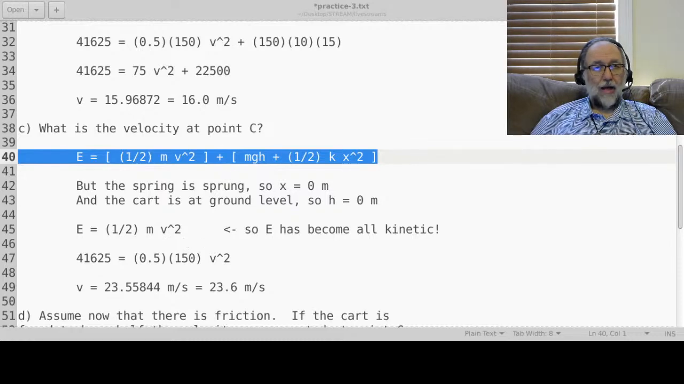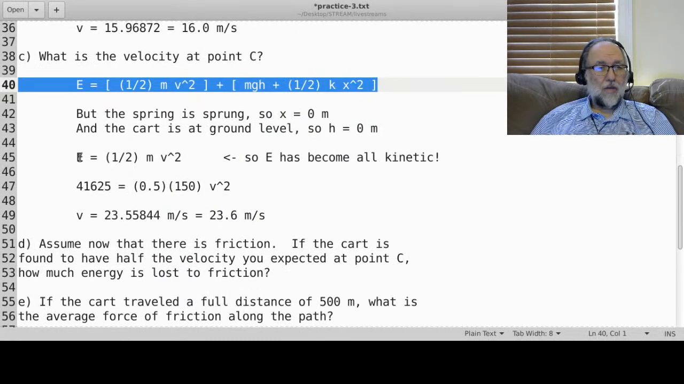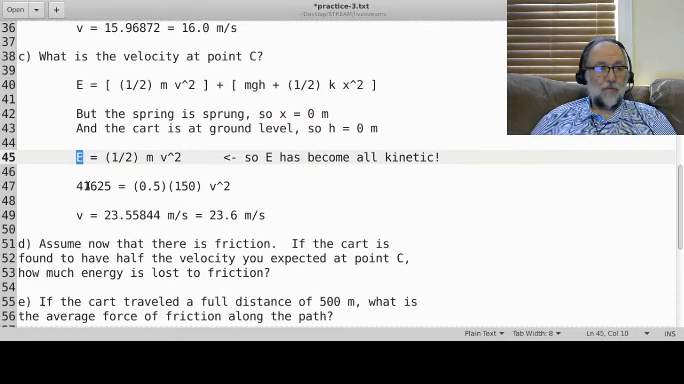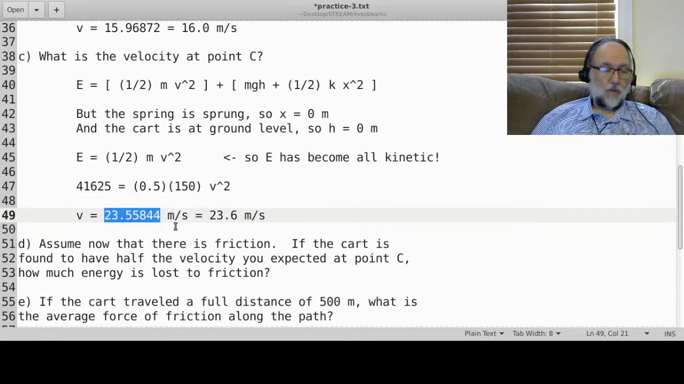All right. And E, because it's the same all the way through, that's 41,625 joules, and that's got to equal 1/2 m times V squared. And if you solve for V, you get 23.55844 meters per second, and that rounds off to